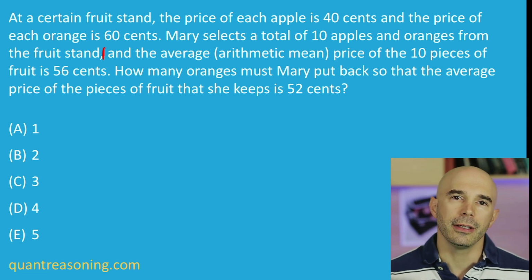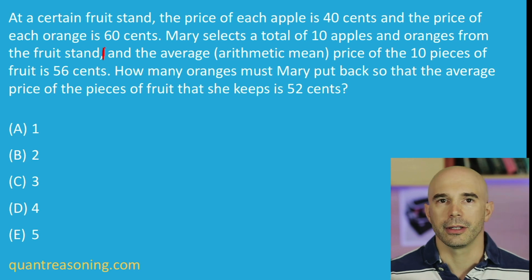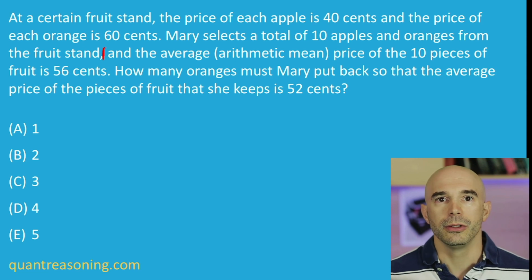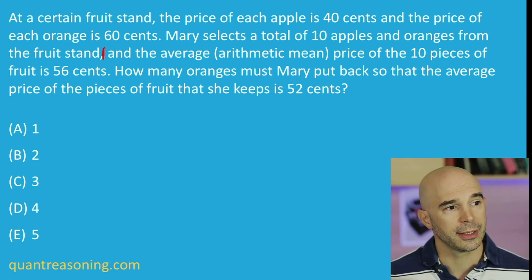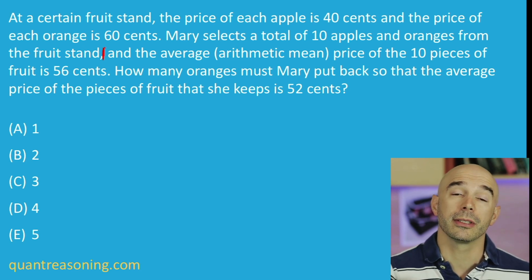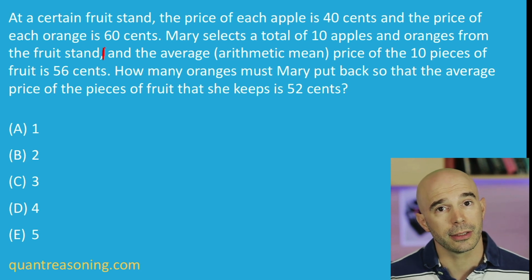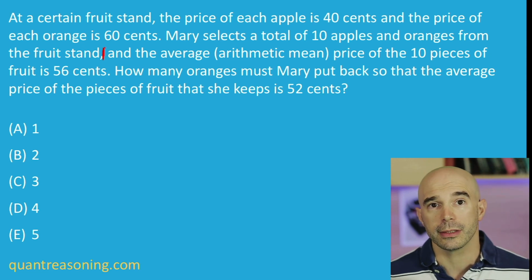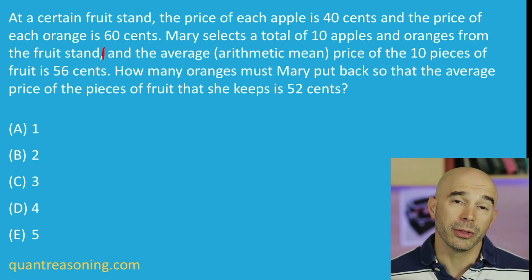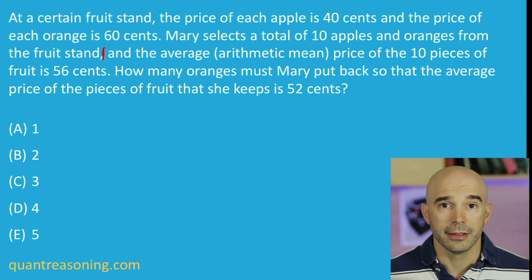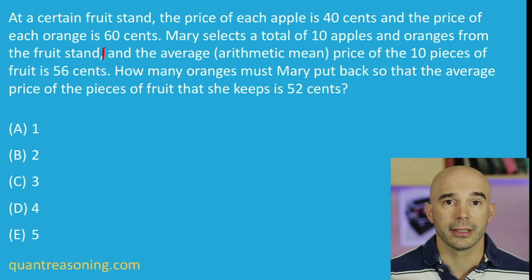And this kind of thinking is really good for the GMAT. I call it range thinking, right? Thinking about the minimum and the maximum, and then concluding that it has to be somewhere in between those extremes. Now, under what circumstances would the total amount spent be closer to $4 than it is to $6? If she's purchasing more apples than oranges, then she's going to spend an amount that's closer to $4 than it is to $6, and vice versa, right? If she's buying more oranges than apples, then she's spending closer to $6 than to $4.